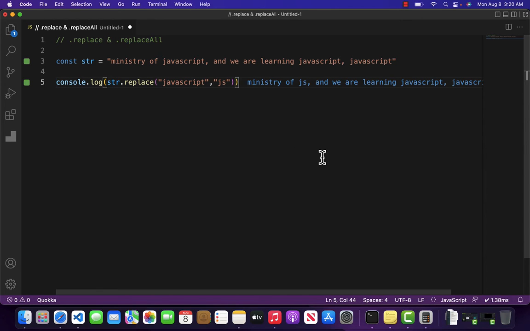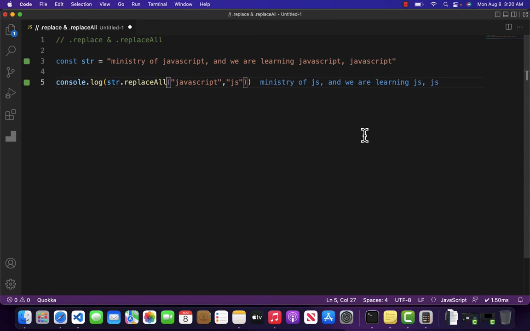That's what we want. But few of you do have a question in your mind that why it did not convert the last JavaScript and the second last JavaScript, right? So to do that, we do have a method called .replaceAll. Now as you can see that it has converted all the JavaScript into JS. And in the first one,